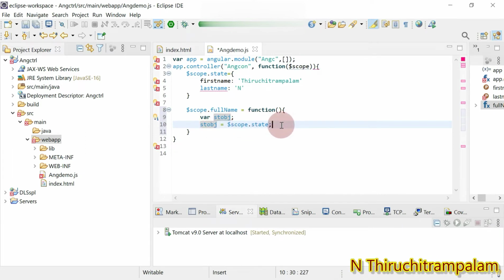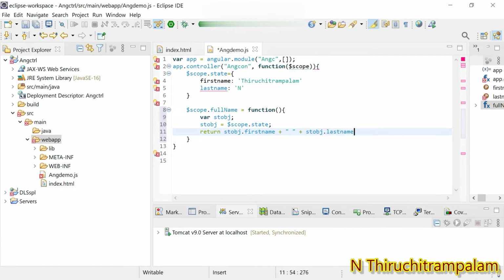All right, so now I return stobj. This stobj now does have access to first name and last name. So stobj dot first name plus stobj dot last name.